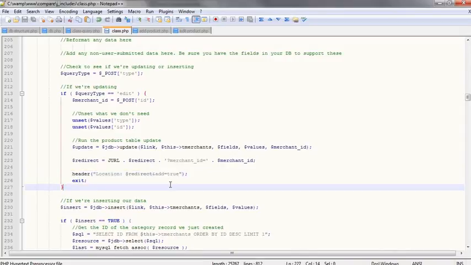Okay, so again, that's for adding data. I don't want you to get too caught up in the individual code, again, we've covered a lot of that. It's the conceptual part of it, how you